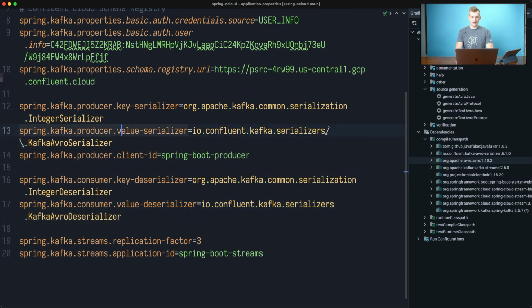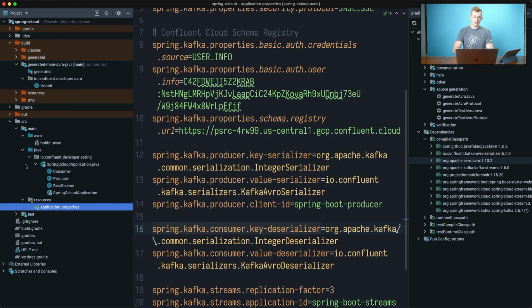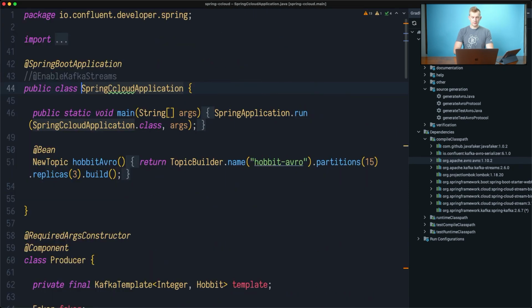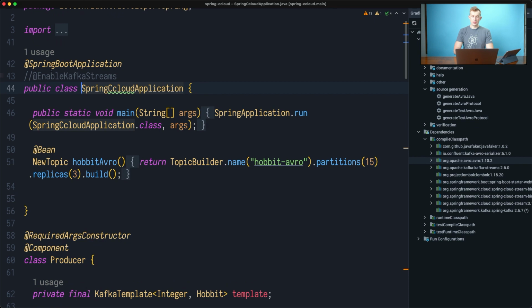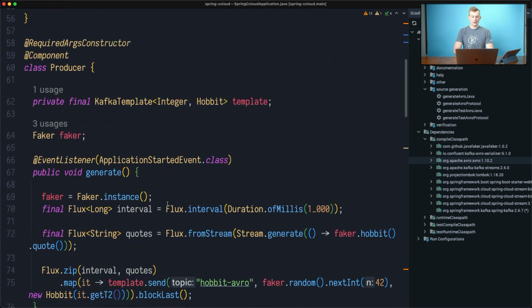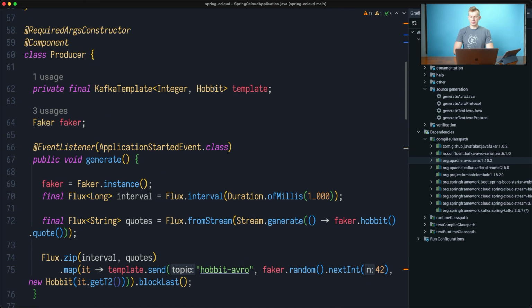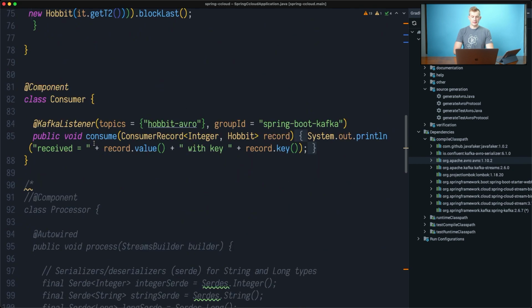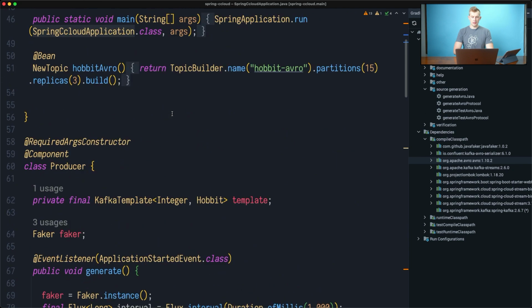So in this case, my producer will produce data in Avro format, and my consumer will consume data in Avro format. So what I will do here, do not forget to disable Kafka Streams here, because we don't need this for now. We didn't modify this code. And once again, our producer writes data into the topic in a Hobbit format, and our consumer does the same.